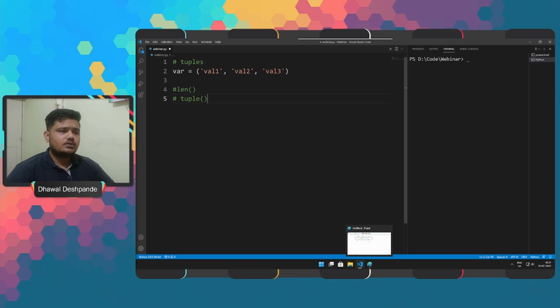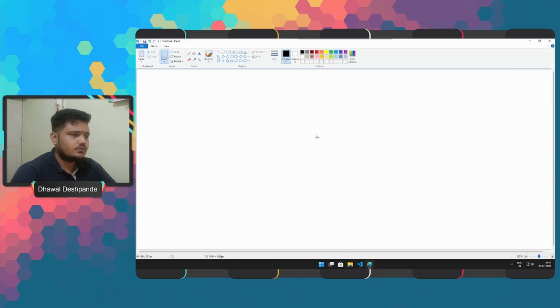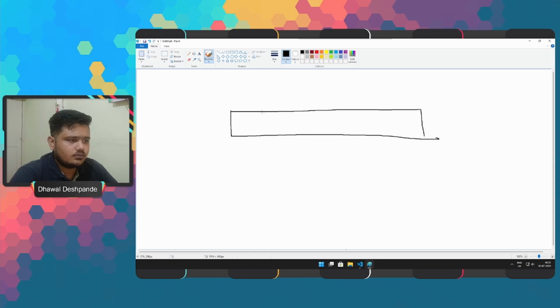Again, as we know that it is a sequential data type, correct? So similar to our list, this is also a sequential data type, and we do have, let's say, 4 values: v1, v2, v3 and v4.